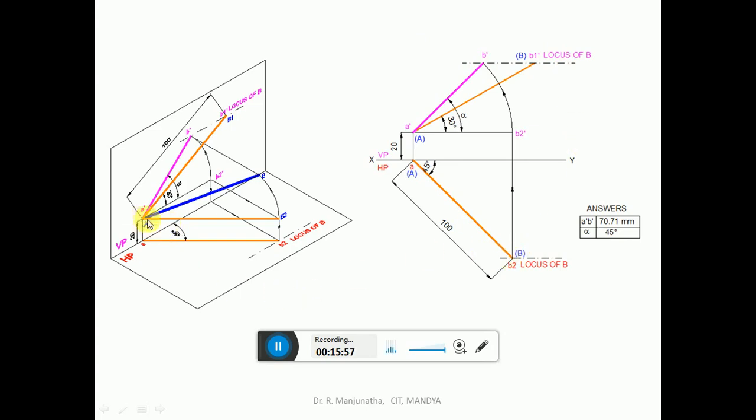That's what we have done in 3D also. So we have taken the true length in HP. With A as center, we have rotated this point B2 such that it is in space, such that this B cuts the locus of B here. That means when it is projected, it will come here. So when it is rotated in space like this, obviously the image also gets rotated such that it comes to this point. So this is A dash B dash; then join these two with a dark line. So measure by using the scale A dash B dash and also this inclination alpha. This is what we have written here, and it is rotated. So this is the final solution.